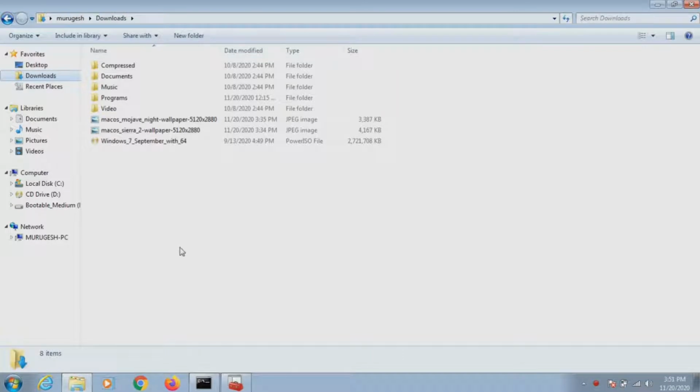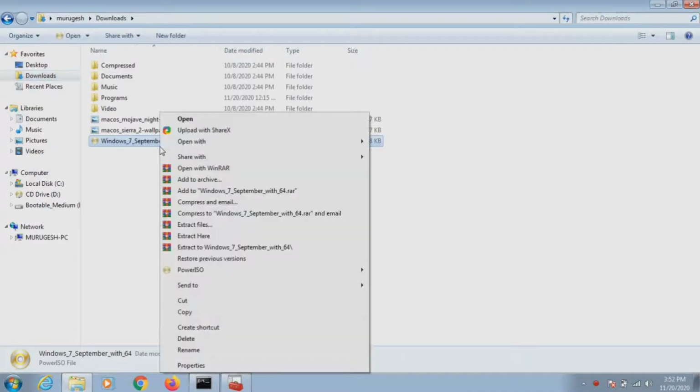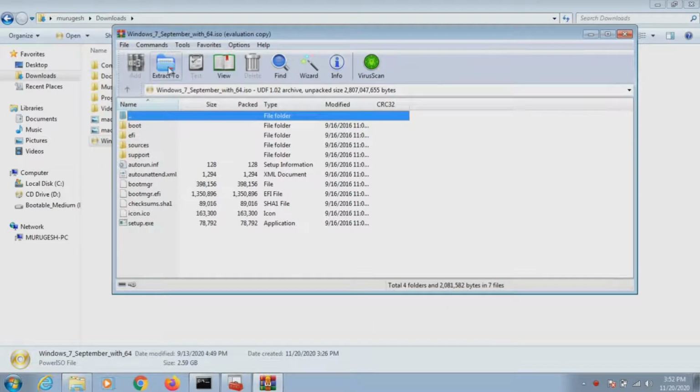In my download directory, I have the OS file. I am going to open this file with WinRAR and extract it to the bootable medium partition.